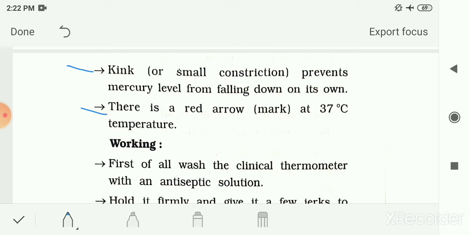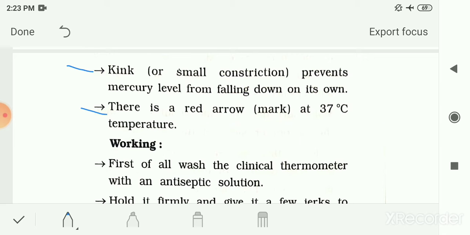And at one end of this thermometer, a mercury bulb is present, which is connected to the capillary tube. This bulb contains mercury, which expands or contracts as the temperature around the bulb changes. There are two scales to measure the temperature in this kind of thermometer, that is degree Celsius and degree Fahrenheit.